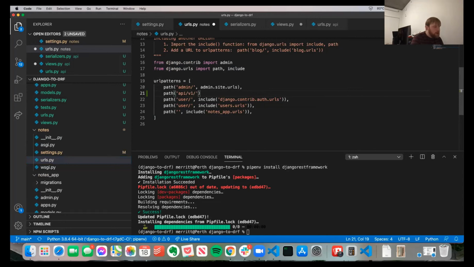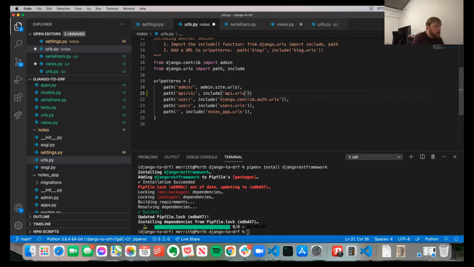It is considered best practice to name your APIs in the path: api/v1, api/v2, and so on. Even if you don't know if there'll ever be a v2, it makes it super easy to just add a v2 later. If you don't like the way the API looks, you can leave the existing one as a backward compatibility thing and just go ahead and create a brand new one if you want, and just name it v2. Just create a new Django app and go for it again. But this is our first one, so let's include